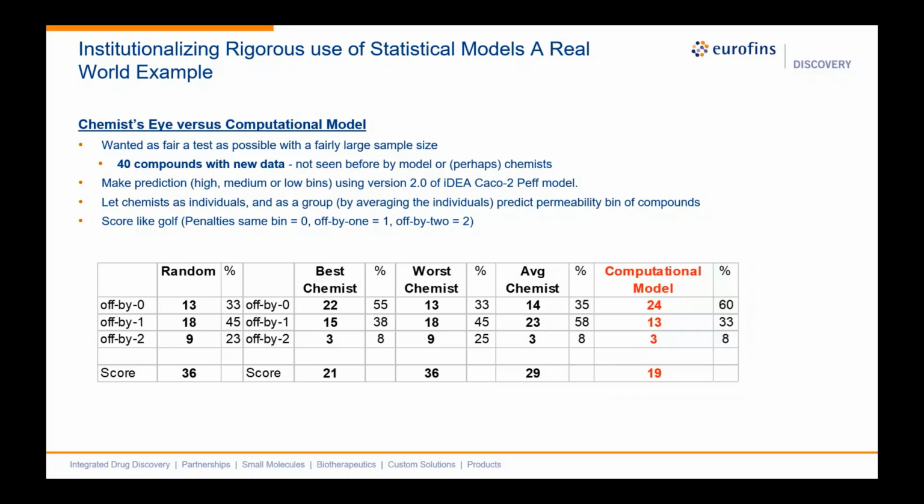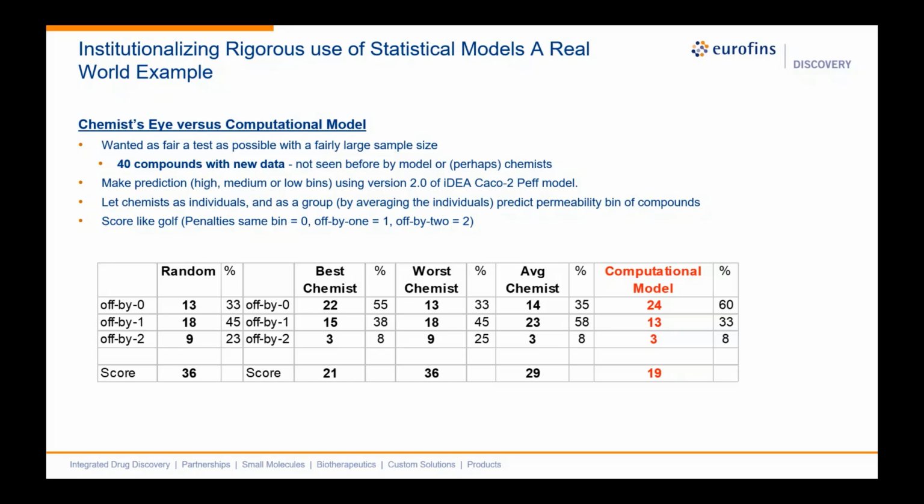And how did the model do? Well, the computational model was in the right bin 60% of the time, off by 1 bin 33% of the time, and off by 2 8% of the time, with a final score of 19, beating everybody, including the best performing chemist. And as we thought about these results,